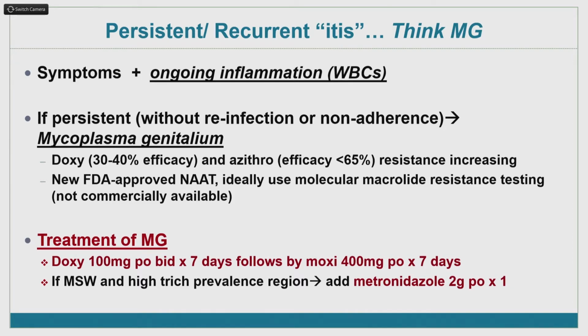The other important thing to note is that resistance is increasing for this organism. Doxycycline now only has 30 to 40% efficacy, and azithromycin has less than 65% efficacy. Ideally, testing is using the new FDA-approved NAT, along with molecular resistance testing for macrolides, but this is really not commercially available yet. And so for treatment of Mycoplasma genitalium, in the absence of any macrolide-resistant testing, the recommended treatment